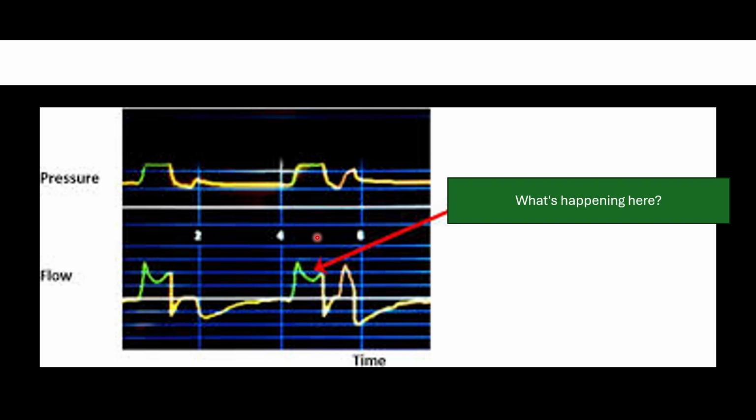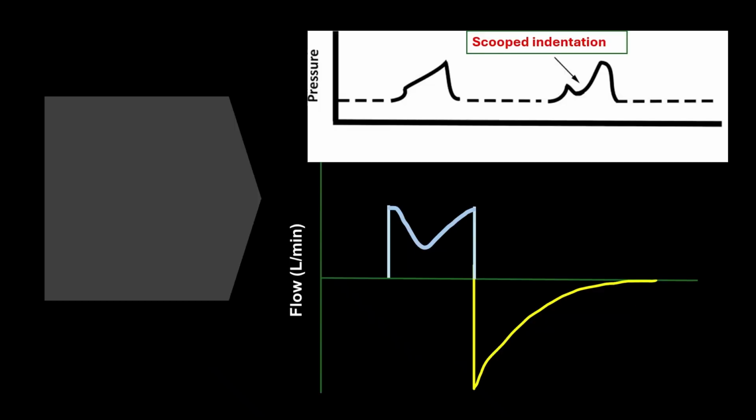In inspiration, there is a dip or concavity. Can you see? There is a dip or concavity in the inspiratory flow, and this is the M pattern, which is observed in flow starvation. The most common sign is a concave or scooped indentation in the normally ascending pressure curve. When a patient wants more flow than the ventilator is delivering, this condition is known as flow starvation, flow dysynchrony or air hunger, which occurs when the flow of gas the mechanical ventilator delivers is lower than the